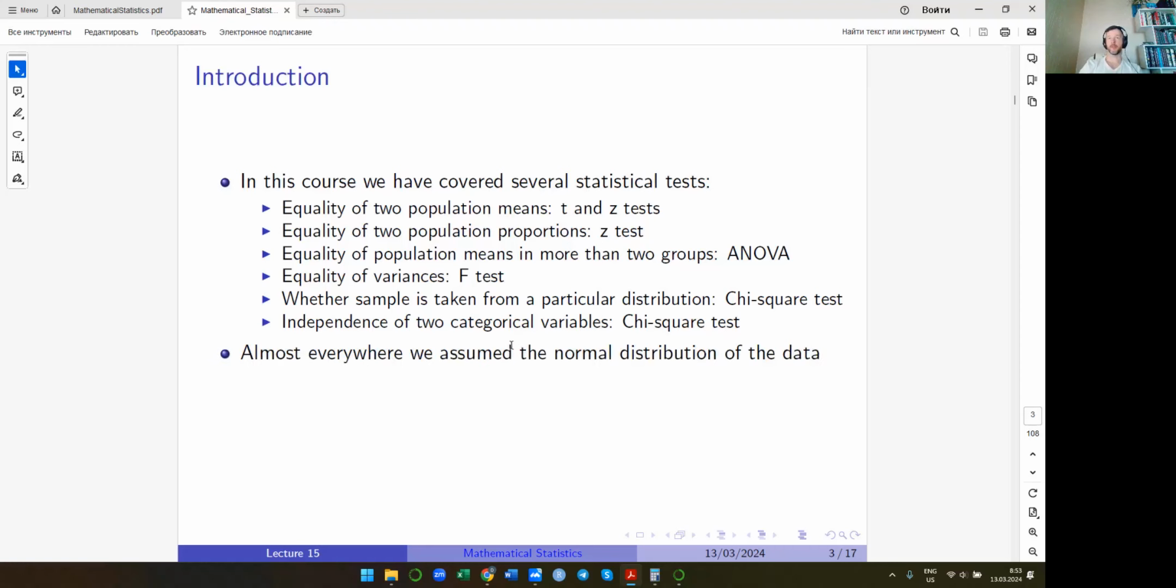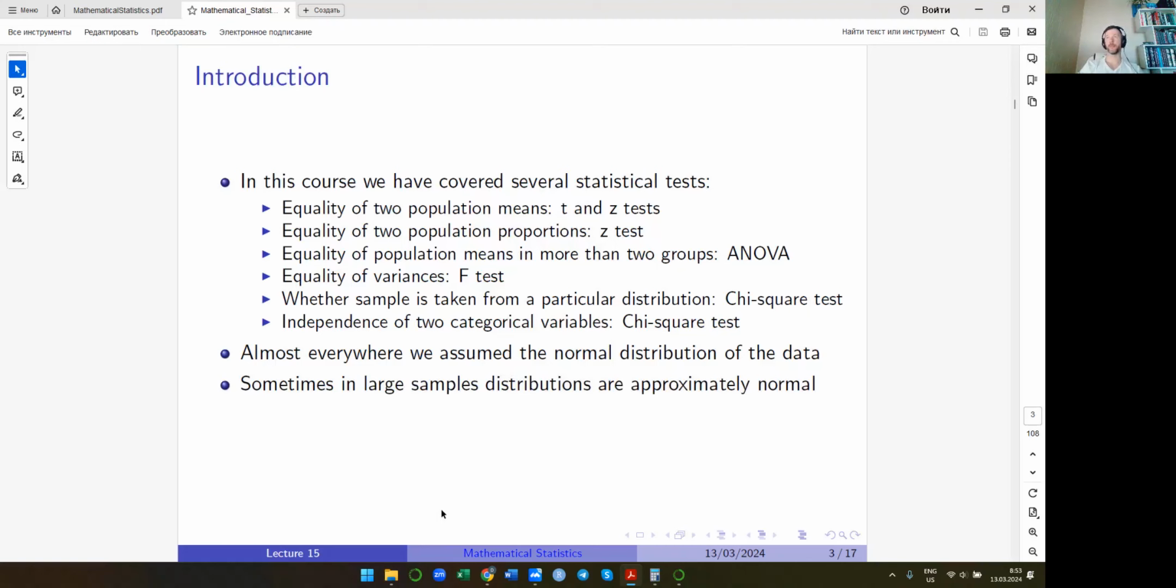The thing is that almost everywhere when we spoke about these tests, we assumed the normal distribution of the data. If you remember, when we started talking about T statistic, Z statistic, or even F statistic, we assumed the normality of data initially, that the sample is taken from the normal distribution, and so on. Sometimes